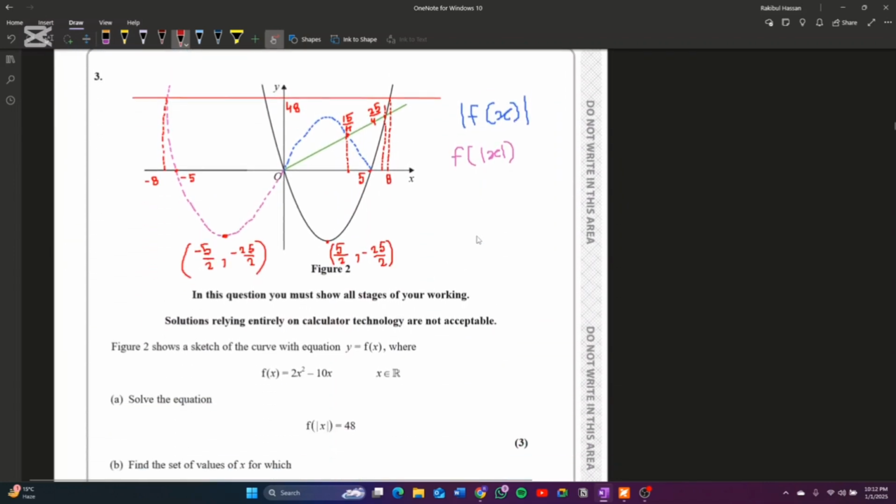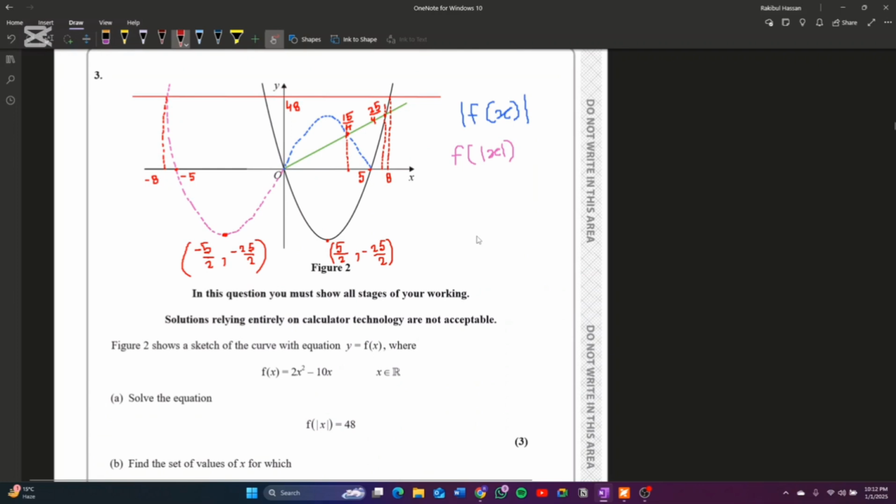Moving on to the next question, we have number 3. This is a really tricky question actually, because you will be required to draw the graphs. Okay, so let's see. Figure 2, the initial figure, shows a sketch of the curve